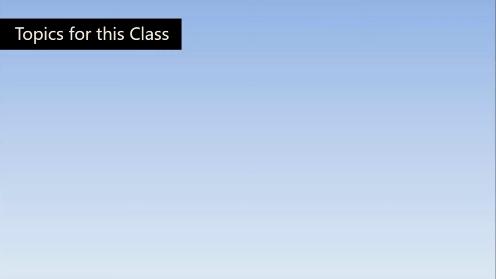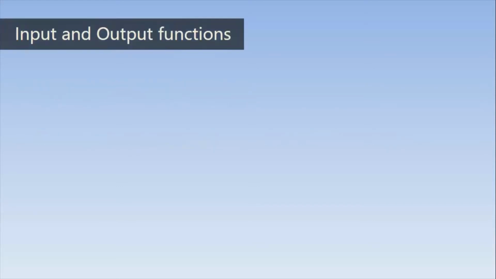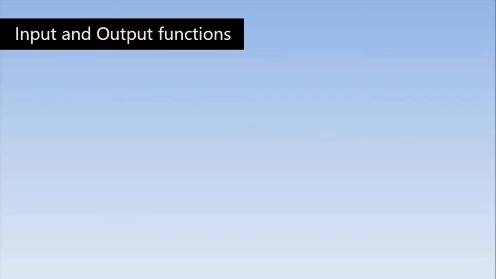In this class, we'll learn the very important topics: input and output functions and some example programs to perform them. C provides various types of I/O functions to perform input and output operations in the program. These I/O functions are contained in the standard C library and they are built in. That means we don't need to write the programs or functions for input and output operations. Rather, we just call those functions by their names to access them.